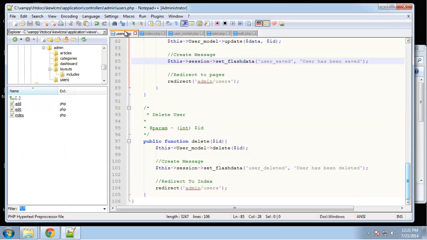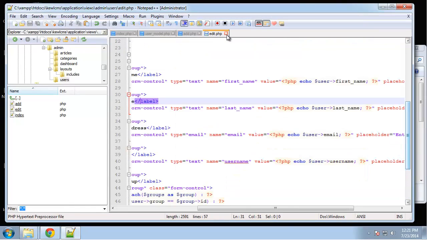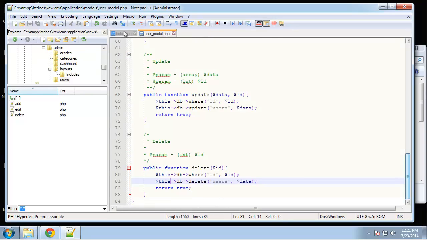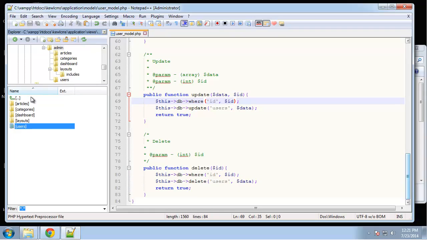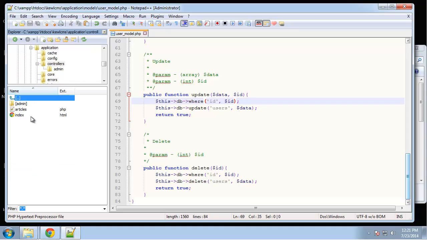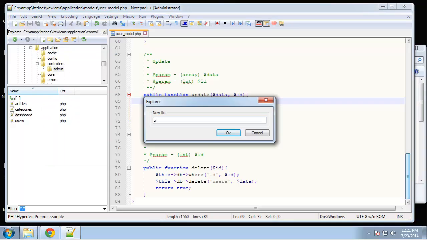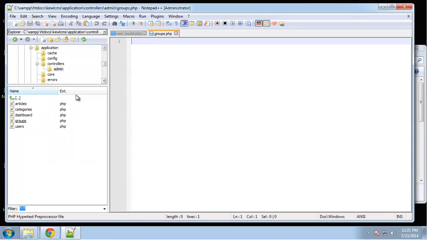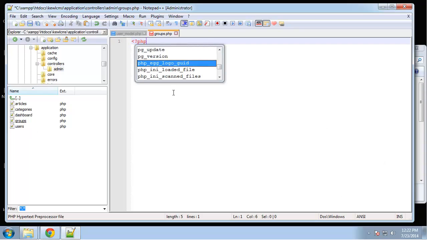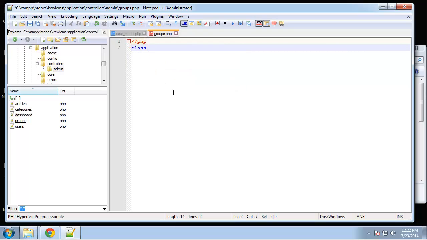So we can get rid of the users controller, we can get rid of these views. You just want to keep the user model open, because we're not going to have a group model, it's just going to go through the user model. So go to controllers, admin, and then a new file called groups.php. Class groups extends MY_Controller,